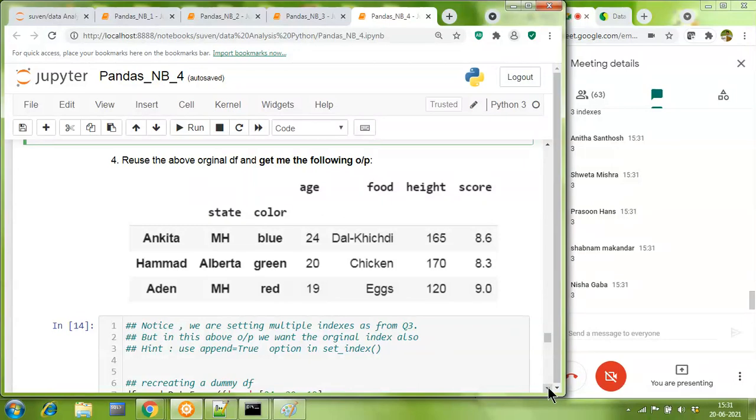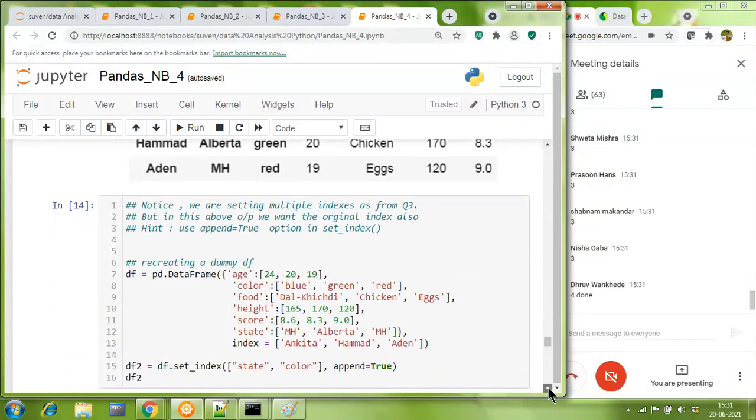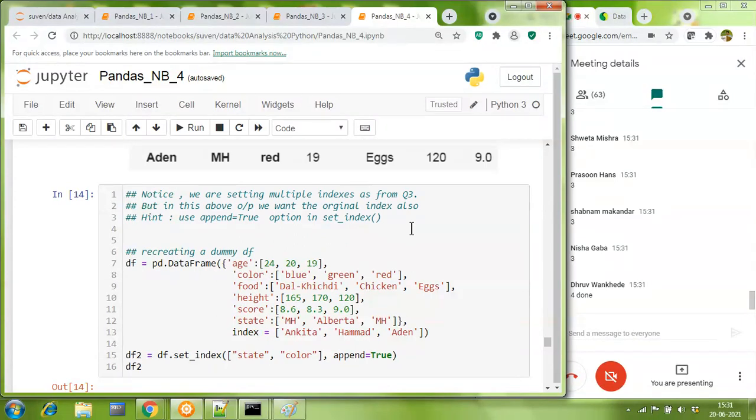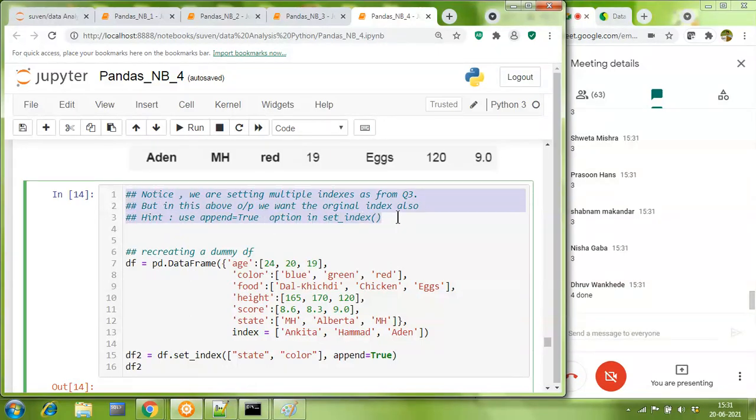So how do we do this? No, this is not complex. This is too simple. But before I get into this simple work, I want one of you to please come forward and read this comment for me because your answer is in this comment only. So who is going to come forward to read this? Okay, Deepak, over to you.